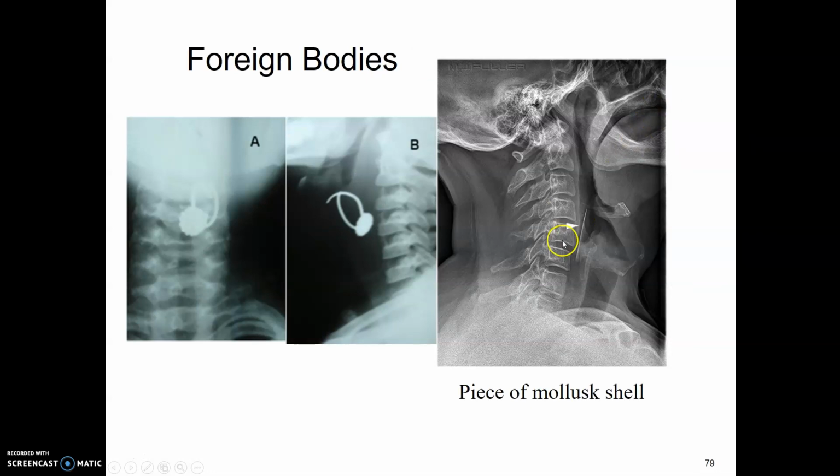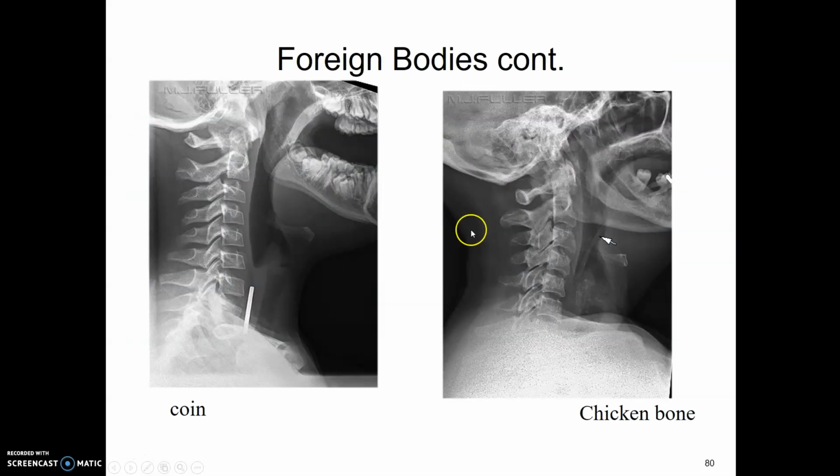Foreign bodies. So this artifact here looks like a ring of some sort. This looks like a child has swallowed this. It might be a fishbone here. Coins. Kids love to swallow coins. As long as it goes down the right way, it might not get stuck, depending on how big it is. So watch for that. We do a lot for coins. And that's it for